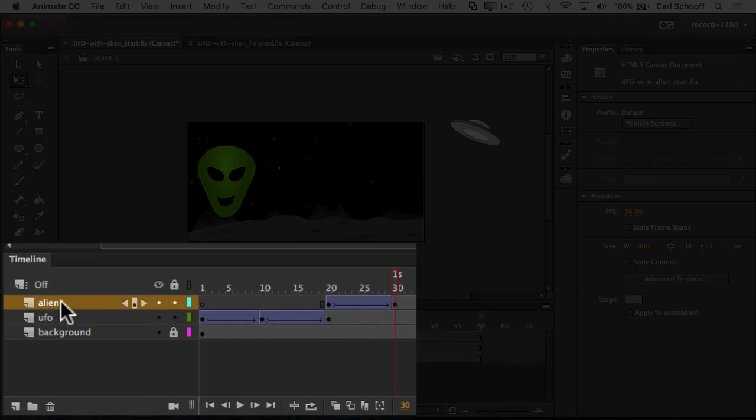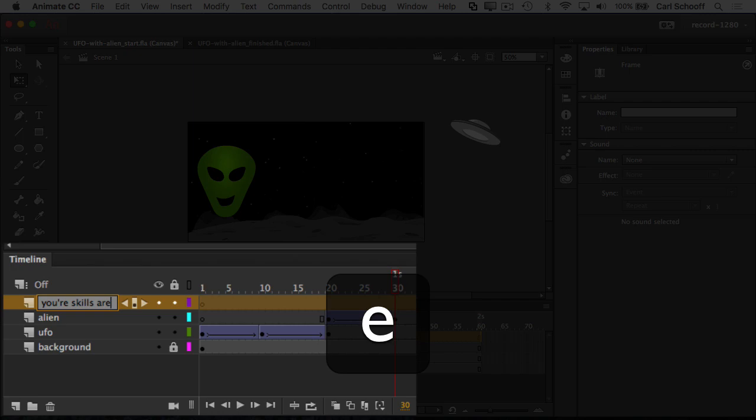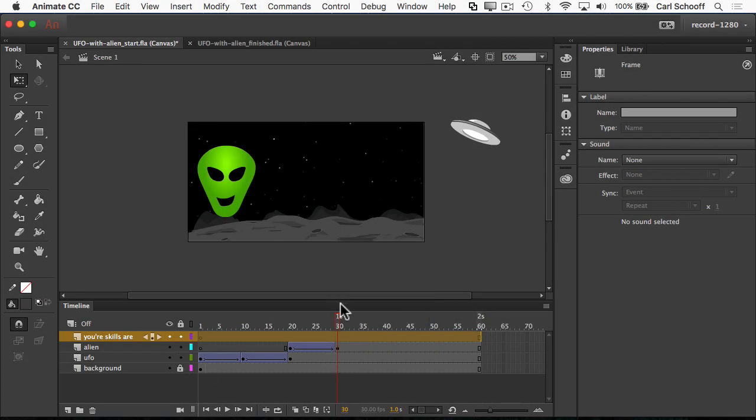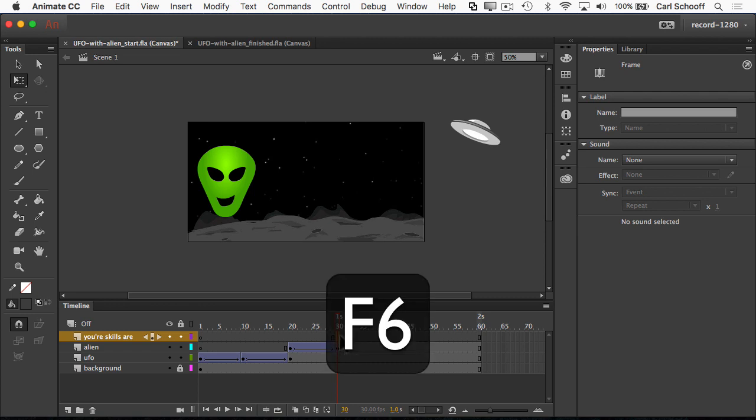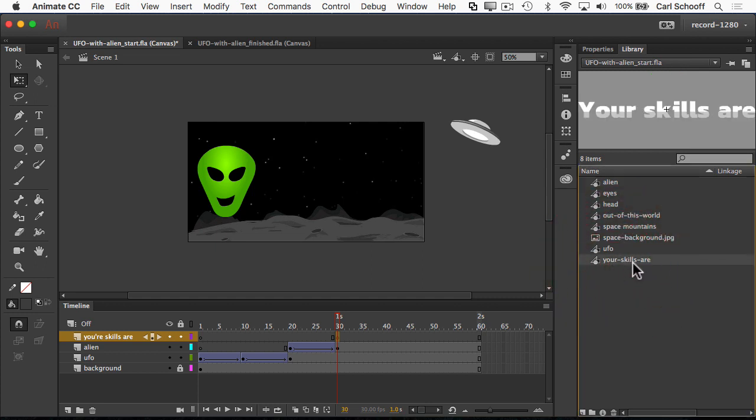And with the alien layer selected, I'm going to add a new layer, which will put a new layer above alien. And I'm going to call it your skills are. Okay. And now we know that if I want to start the animation of that text on frame 30, I'm going to first select frame 30 by just clicking on it. Hit F6 to add my new keyframe. And I'm going to go to my library. We're going to take the symbol that says your skills are, and I'm going to drag it out onto the